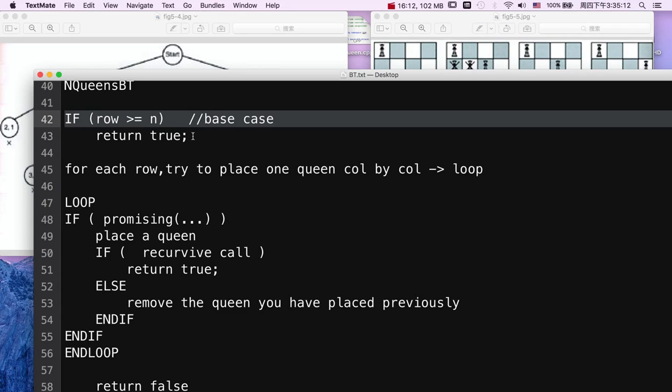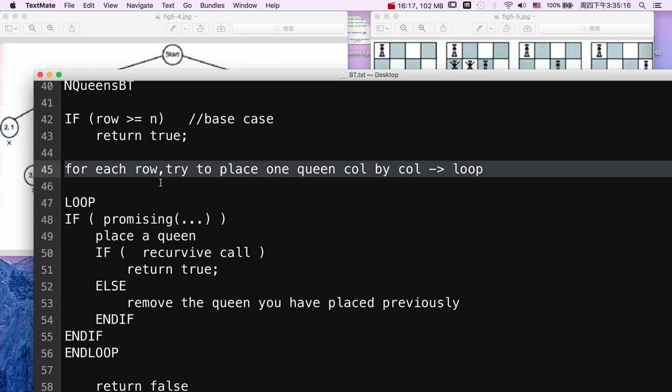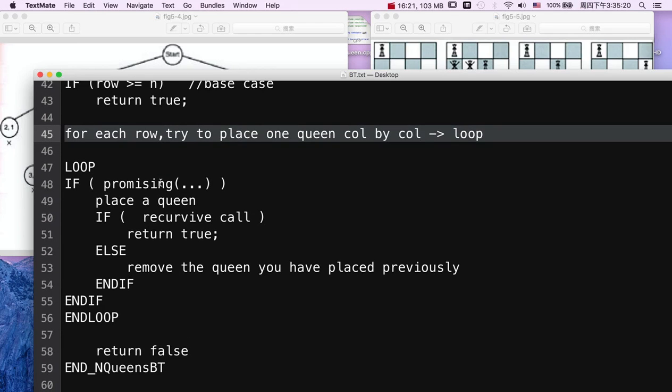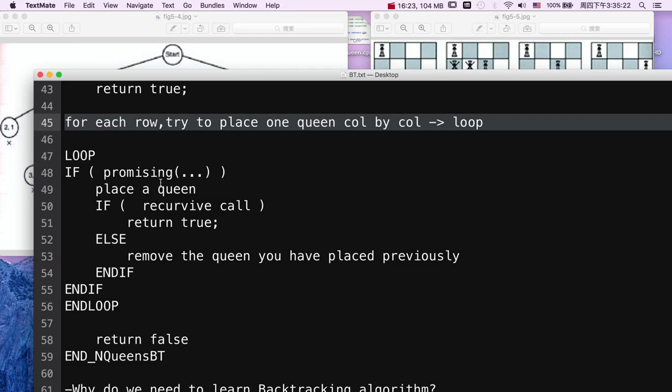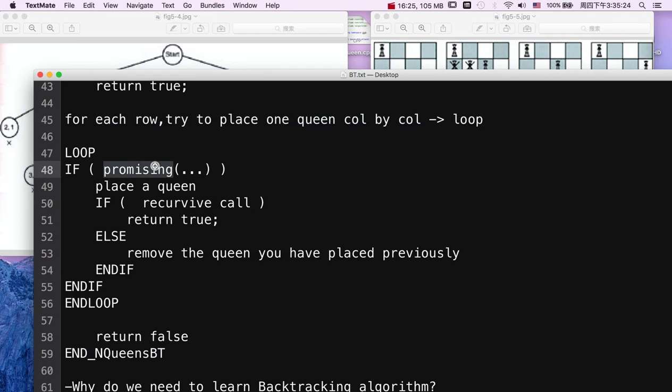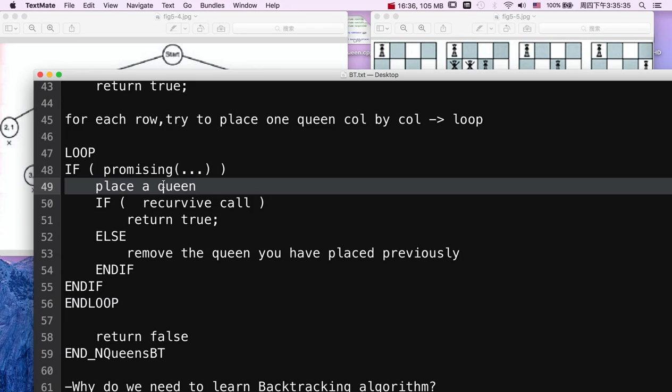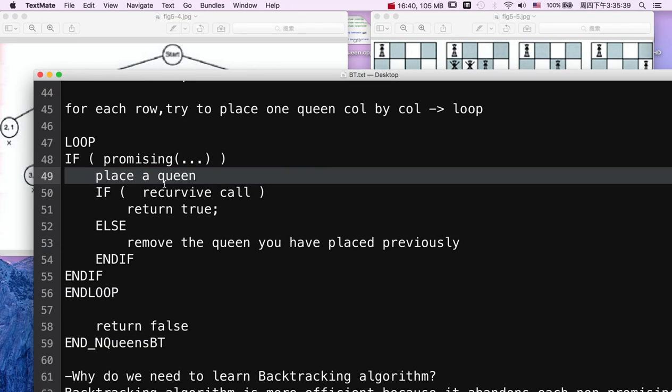If that's not the case, then we want to create a loop and try to see if every node on the first row is promising. If it's promising, then you can place a queen on that spot, and